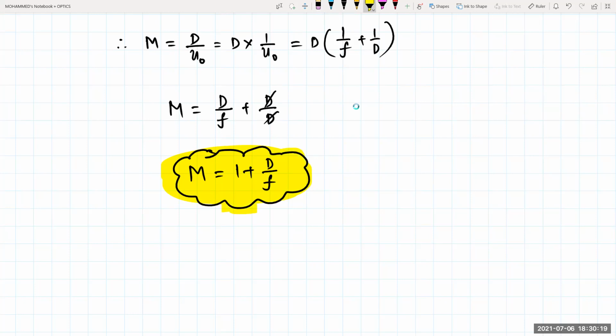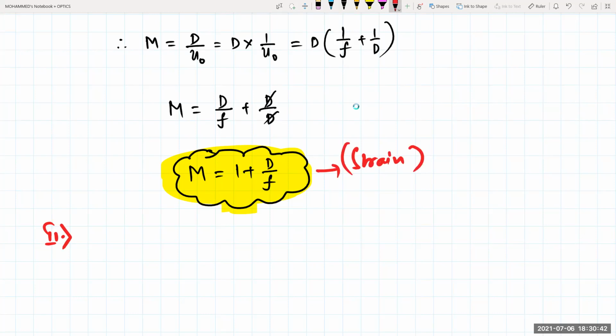The problem with the maximum magnification is that it causes strain in your eye. The main advantage of that one is that it will give me the maximum magnification. So number 2, here what is it? Strain. You can remember that one.